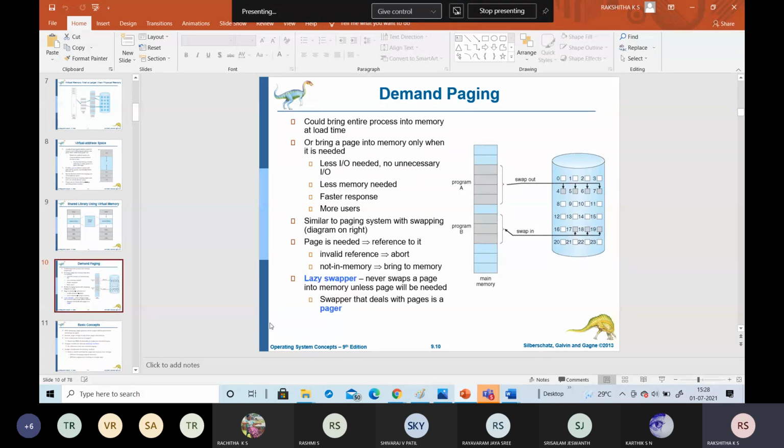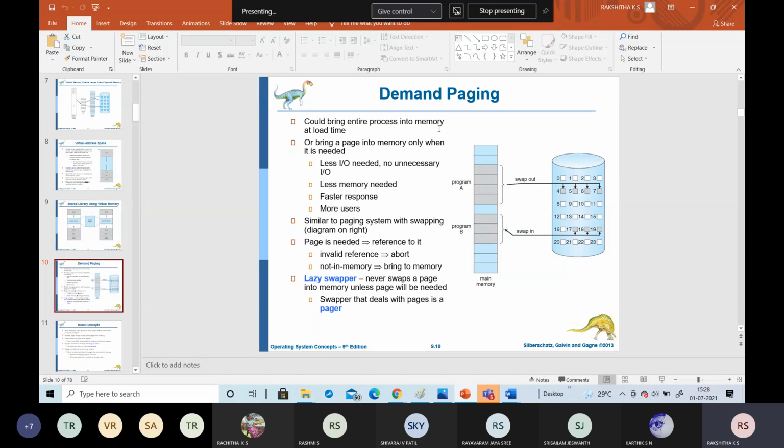Okay, and the next is demand paging. So what is demand paging here? The program or process is executed only if it is required. So all the programs which are loaded into the main memory cannot be executed. Only if it is necessary are we going to execute the particular page. So what is demand paging? If there is a demand for the page, it needs to be executed, and only then will the CPU get that particular page and execute it.